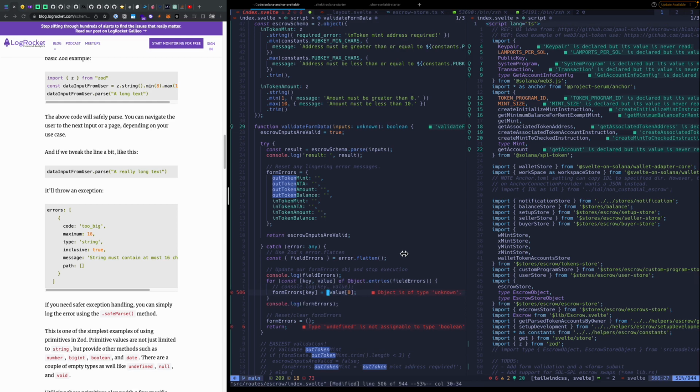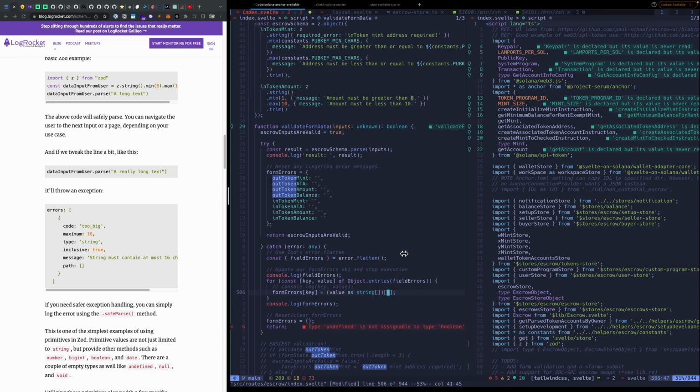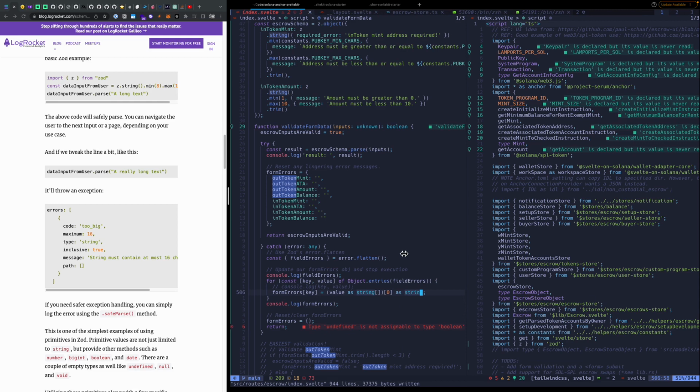I wonder. Sometimes you can do stuff like this, like value as string, because it's an array. And then this whole thing is the returned. Whoa, does that really work? That's some janky syntax. So I'm casting value. It's unknown, but I'm telling it it's an array of strings. I guess I could change this to any. I don't even know if that works. It kind of works because I think it's